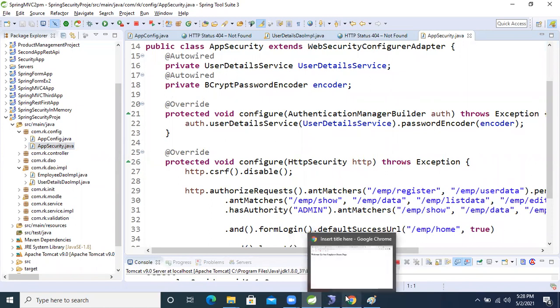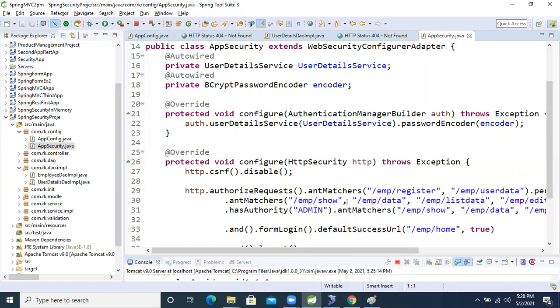Come to the application, guys. Within 1 minute the meeting will end. Okay, please reconnect. We completed the application, but the conclusion is whatever energy we put in to develop our application, you have to focus more on the output also. Within 1 minute the meeting will end, so reconnect yourself and enjoy the last step of our Spring Security. Within 10 to 15 minutes our Spring Security will be complete.